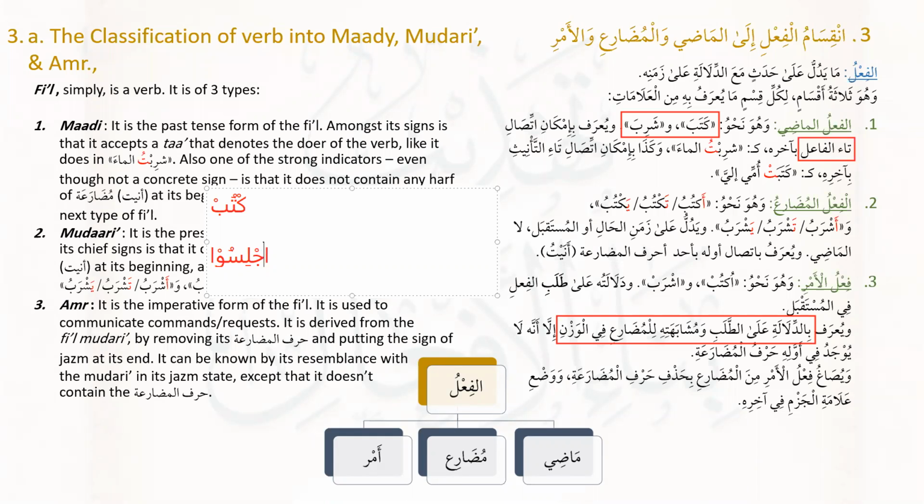Now, همزة الوصل enables us to pronounce the word, even though it starts with a sukun, because now we have an additional letter at its beginning which has a haraka. But the question is, what haraka should the hamzat al-wasl have? What is the ضابط and the principle with regards to the haraka of the hamzat al-wasl? The third letter, or just the second letter after the hamzat al-wasl. You look at the haraka of the second letter after hamzat al-wasl. If it is, yalla, if it is what?